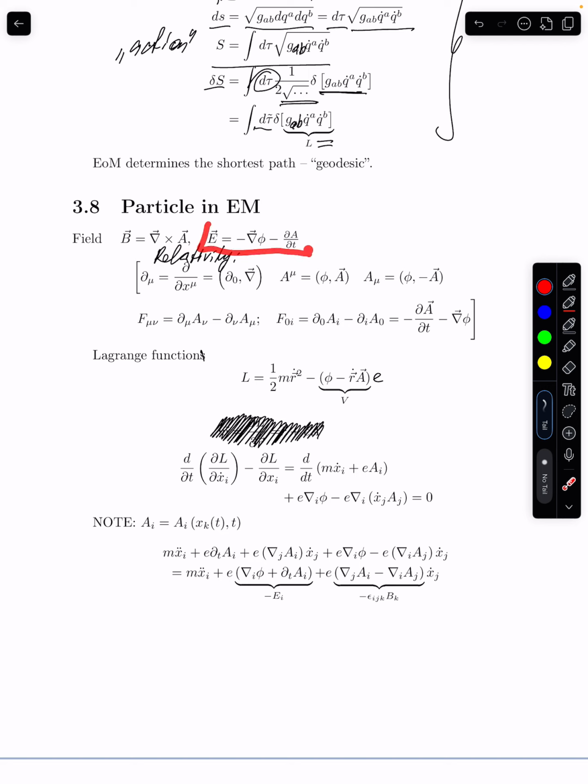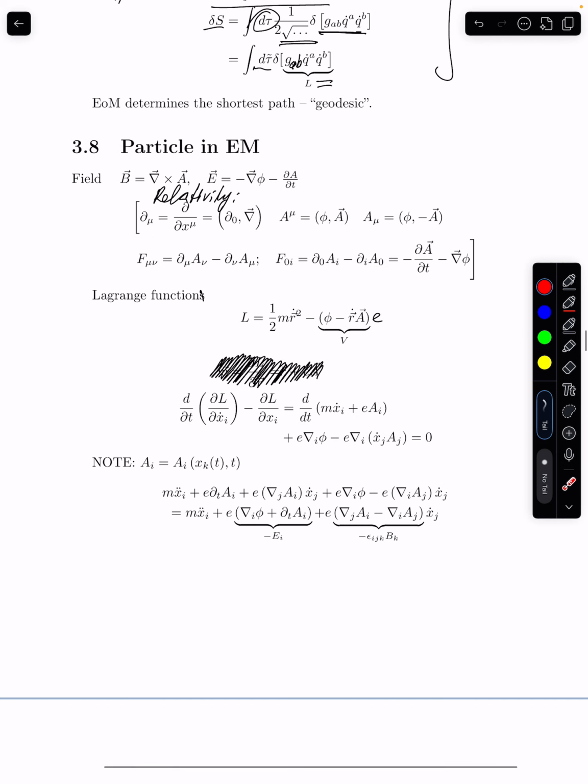And we have the electric field, which we can express as minus the gradient of the scalar potential and minus the time derivative of the vector potential. In relativity, this equation holds, but I'm not going to touch relativity here. It's just a reminder for the curious. Okay, so now my claim is that the Lagrangian for an electrically charged particle in this electromagnetic field can be